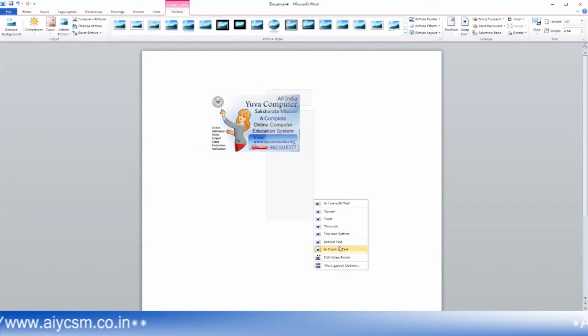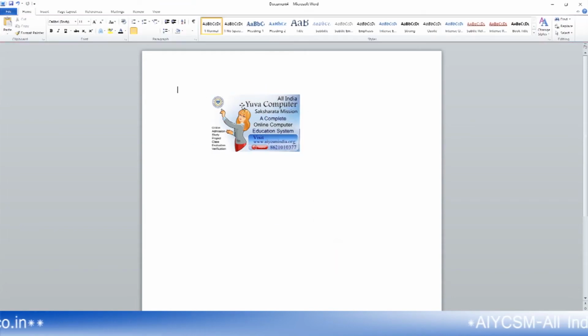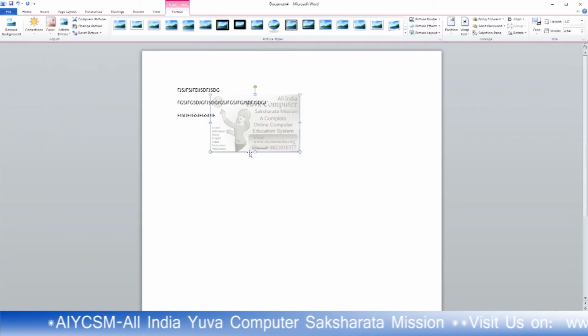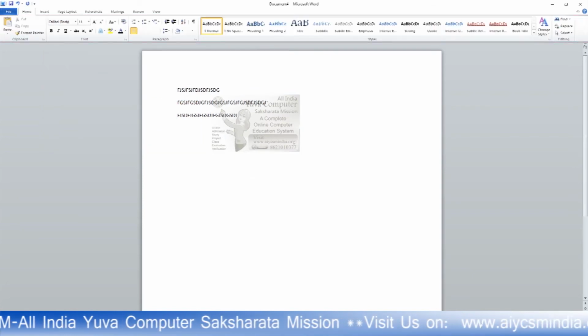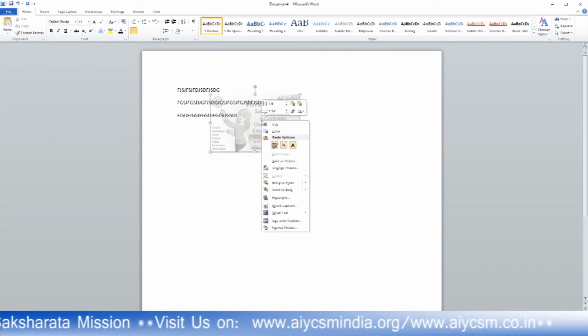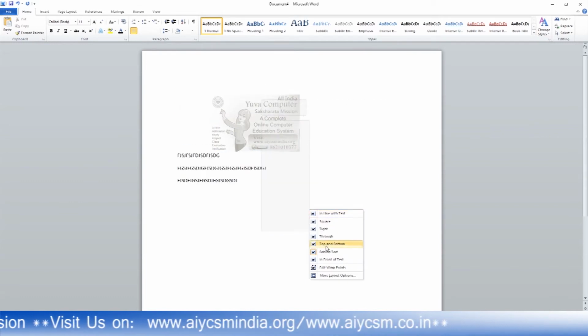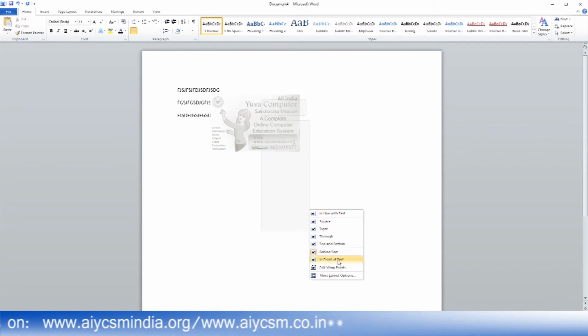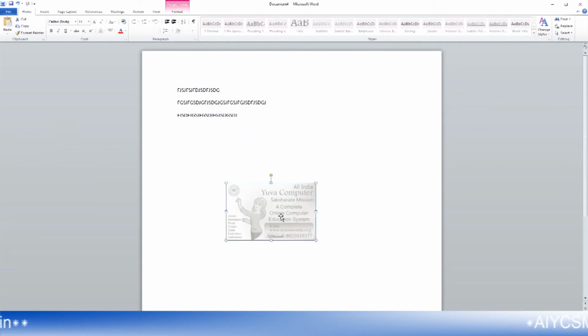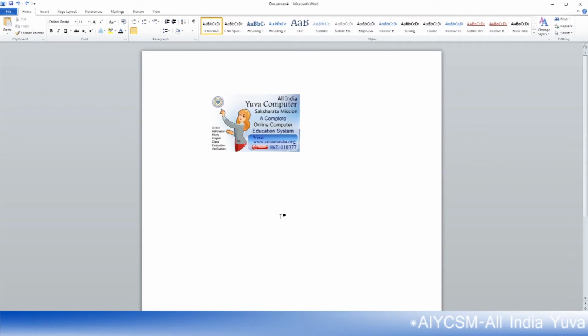If you click on Wrap Text and choose Behind Text, then you can write anything in front of this picture. You can write your words in front of this picture. Just lighten the picture, the contrast will be very light. Now you can write in front of the picture. In Front of Text means the picture can come in front of the text. If you click on In Front of Text, it will come in front of the text. If you click on Behind Text, it will go behind the text. Okay. So In Front of Text gives you the ability to move your picture anywhere you want.